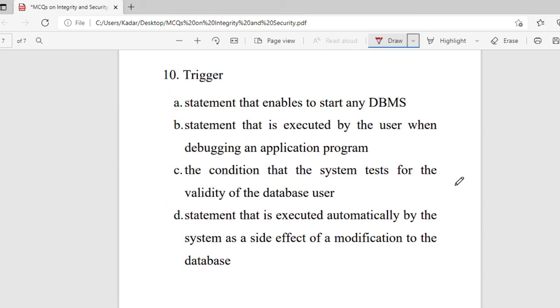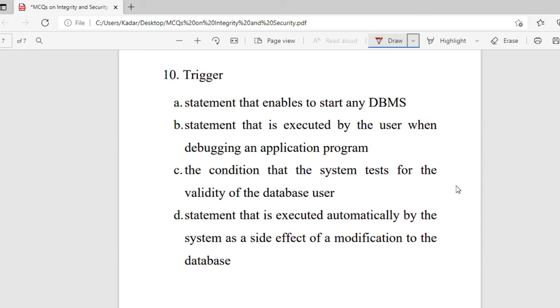Then the 10th question, trigger. The four options are: statement that enables to start any DBMS; statement that is executed by the user when debugging an application program; condition that the system tests for the validity of the database user; statement that is executed automatically by the system as the side effect of the modification to the database.